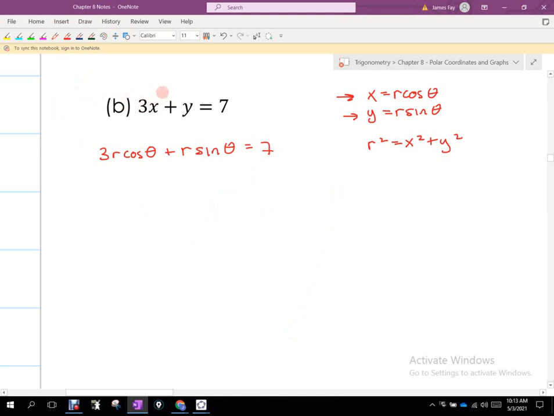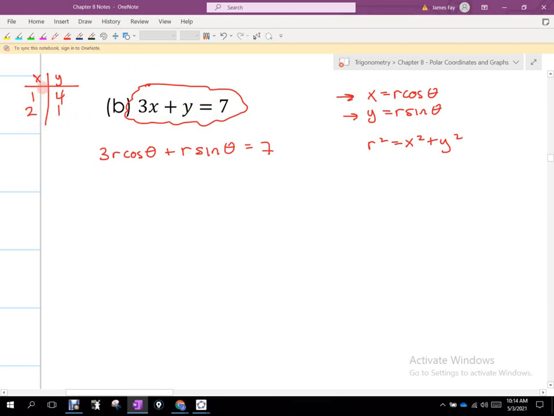Now, much like this equation here, this in rectangular form, it's fine that way. But if I asked you to graph it by using maybe a table, you'd have to choose x and maybe say, okay, well, x is 1. If x is 1, then I got to move that 3 over, and the y would be 4, right? If x is 2, then I move the 6 over, and y would be 1. And what happens there is that because I left it in this implicit form,